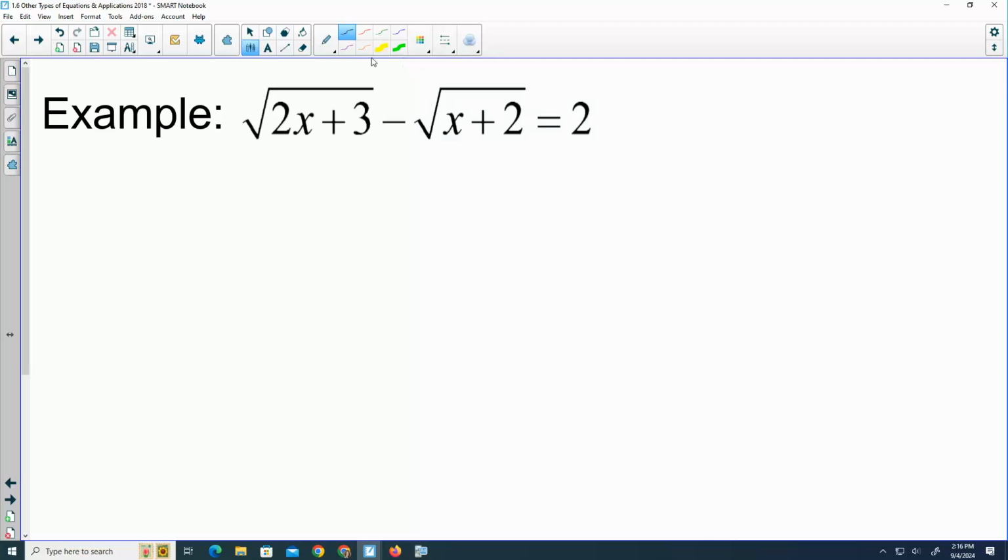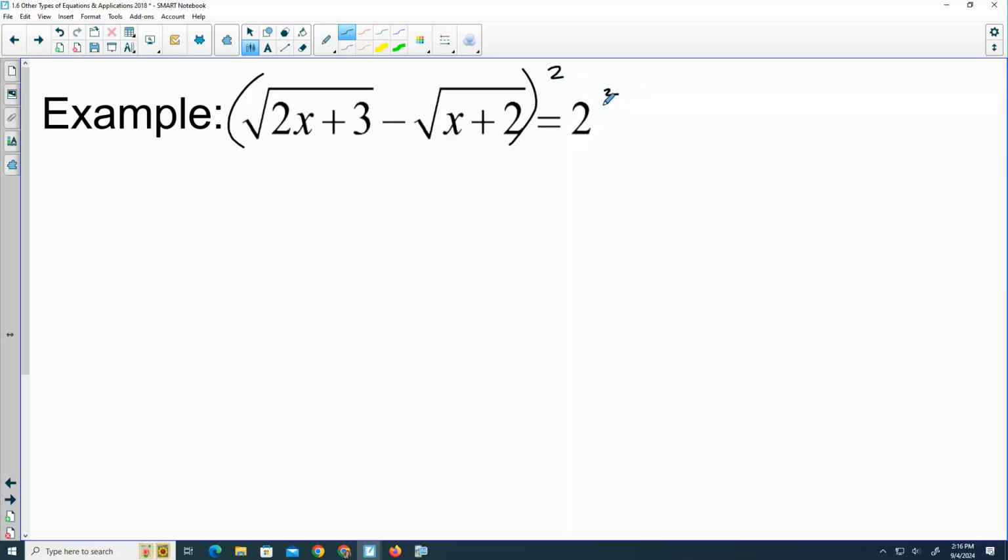Legal. I cannot just go through and say, oh, I'm going to square each piece. It doesn't work like that. You have to keep your equation balanced. So what you're doing is squaring each side of the equal sign. Now, if I just tried to square right here, what are you going to have to do with those square